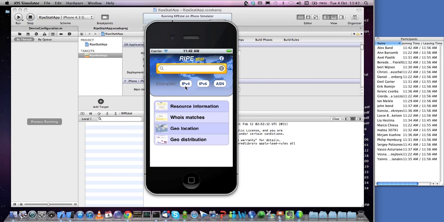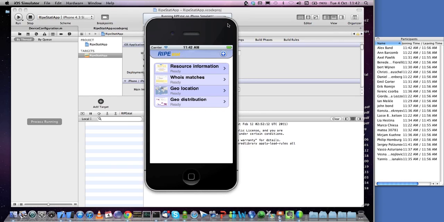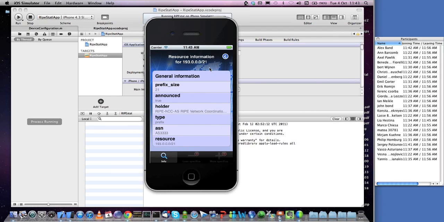Okay, so we can query, for example, one of the examples for IPv4. You see that it's slightly different from the iPad version, because we don't have all that space, so we want to use the space in the best way, and we are not using 2 panels at the same time. For example, you can query for the prefix and see the research information. If the prefix is not announced, we also show the less specific and more specific prefixes related to this prefix, but now this prefix is announced, so we don't have any of them.